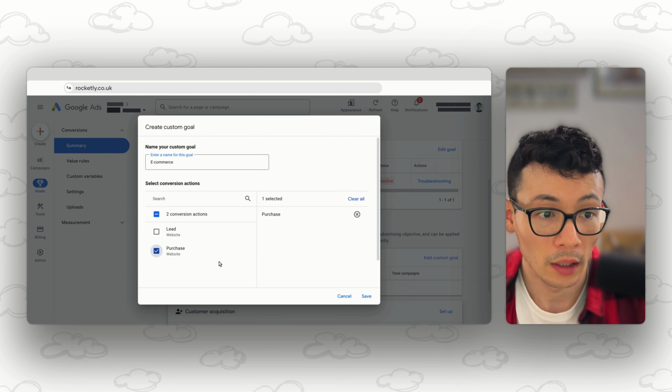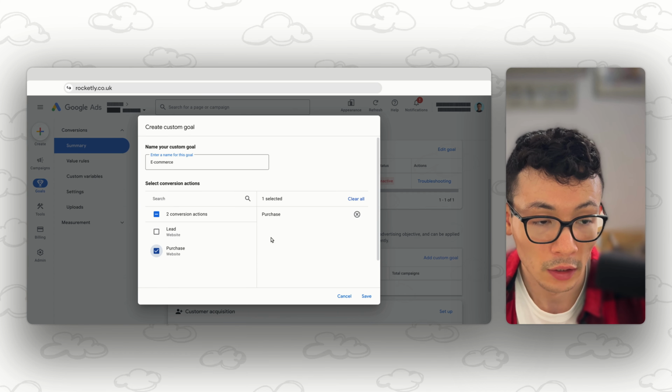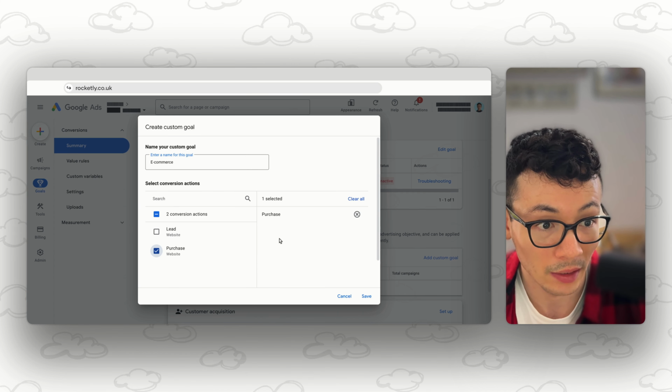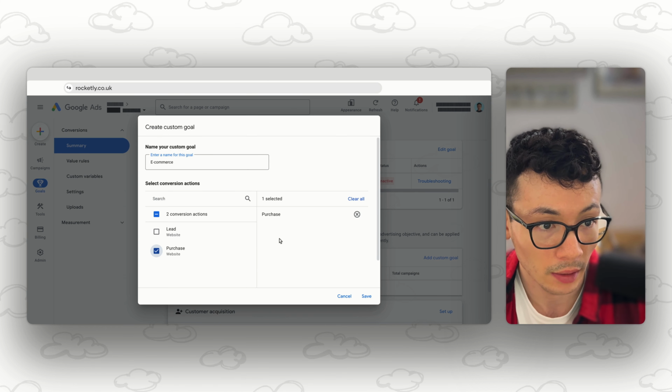In this case, we're just going to pick one, which is purchases, because it's an e-commerce custom goal. Another thing to note as well, if you have a secondary conversion that you're picking for the custom goal, that will actually operate as a primary conversion just under the instance of this custom goal. Normally secondary conversions are ignored by Google's algorithms and they're only used for observational purposes for people looking at the data in the account.